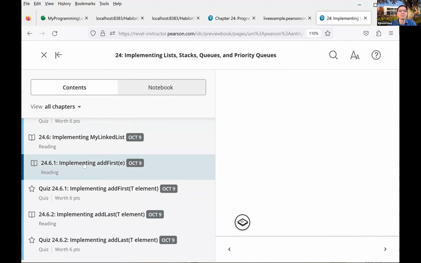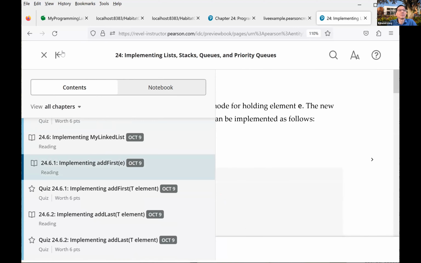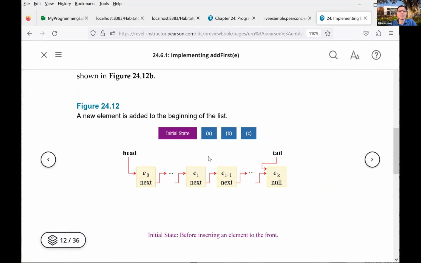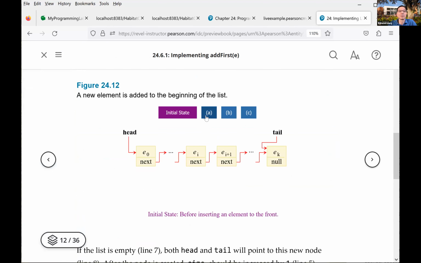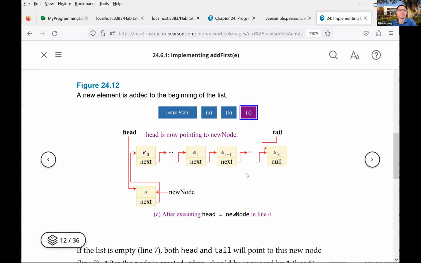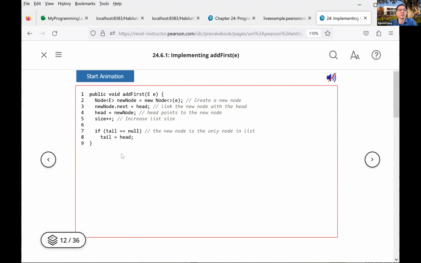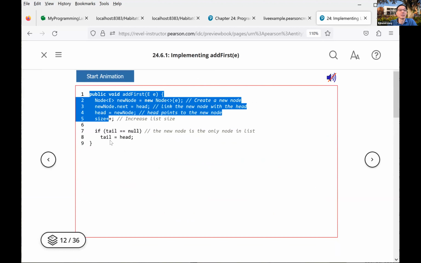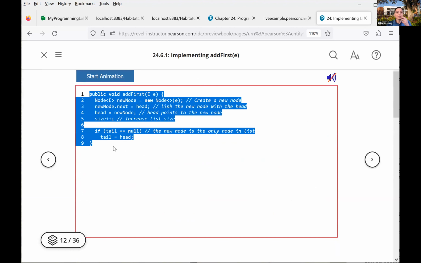So here, this is add first. If you look at first for the single linked list, what we do is we create one here, okay? And we're going to link it with the existing first one and then move head to point to the new one. So that's here, and this is the code here. We're going to just copy the code to our